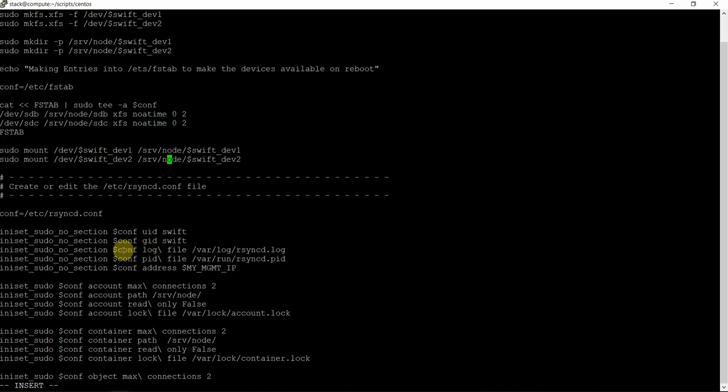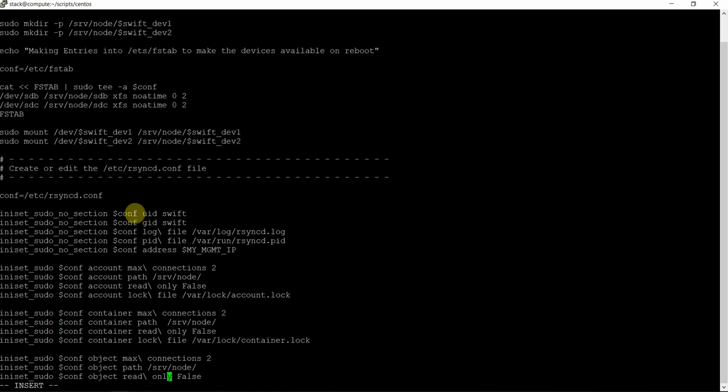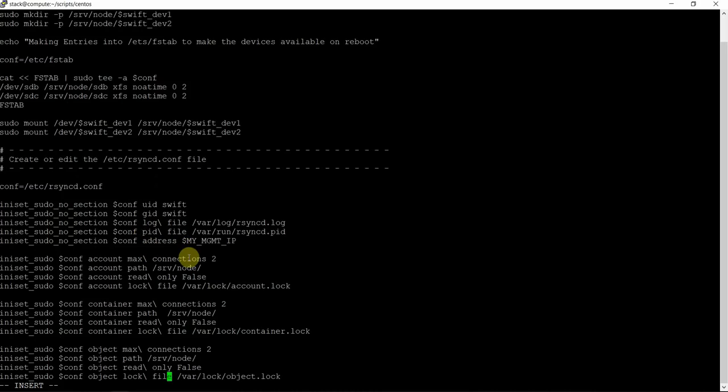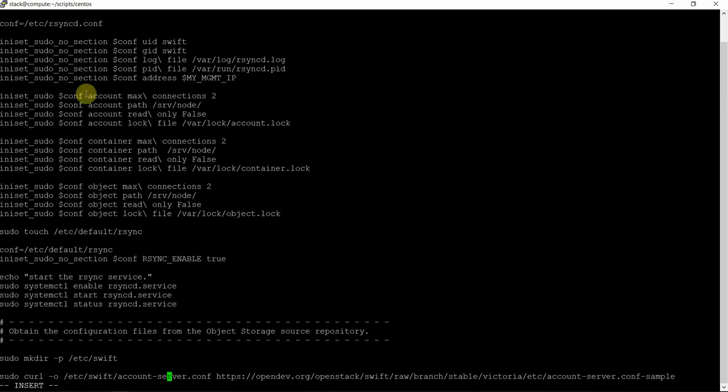Then mounting this, and configuring the rsyncd daemon configuration file. Then setting up these sections, entering the user ID, Swift, group ID, and IP address. After that, we are configuring the account section. Under the account section, max connections, path, and these details.